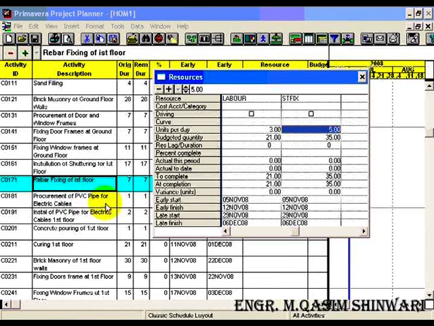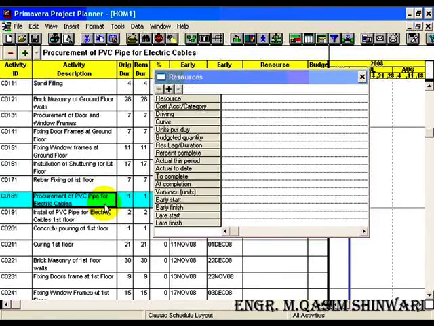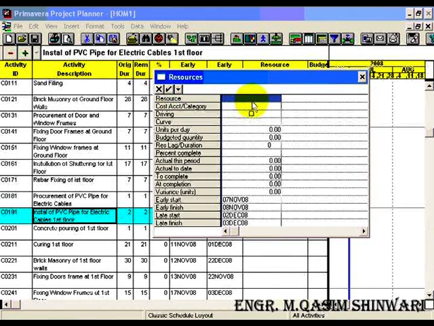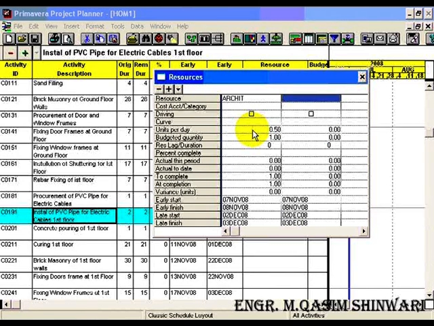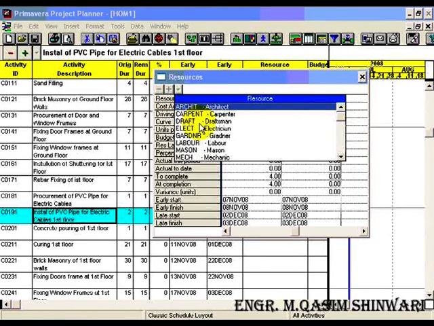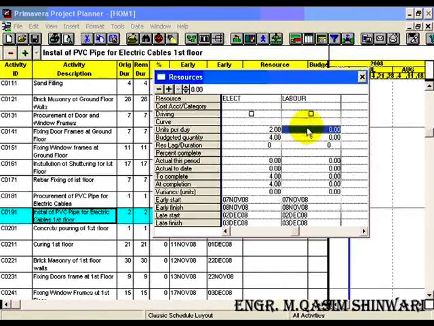For C0181 we have no resources. For C0191 we will need architect and value will be 0.50 units per day, 2 electrician, not 15 but 3 laborers,